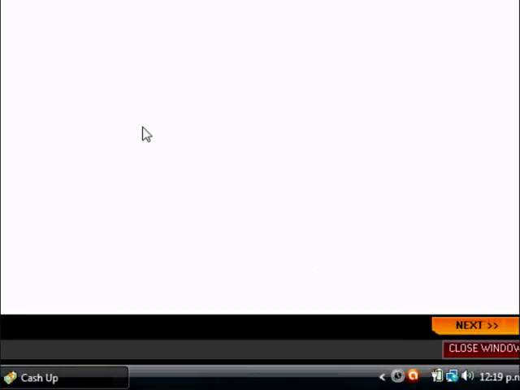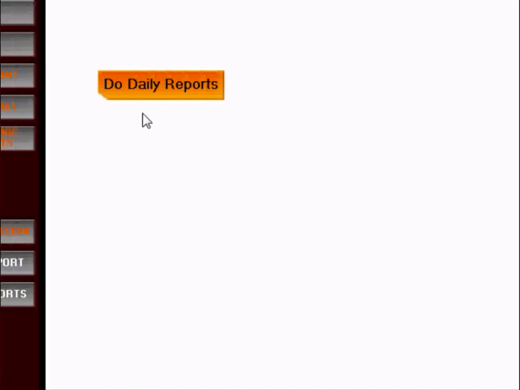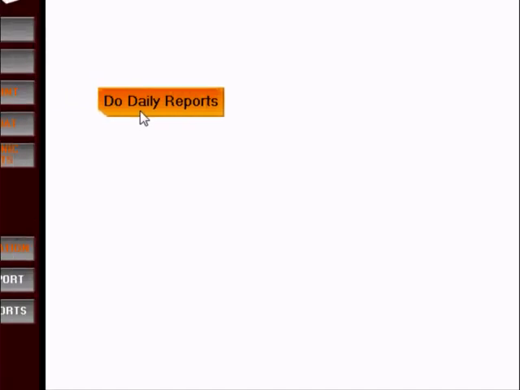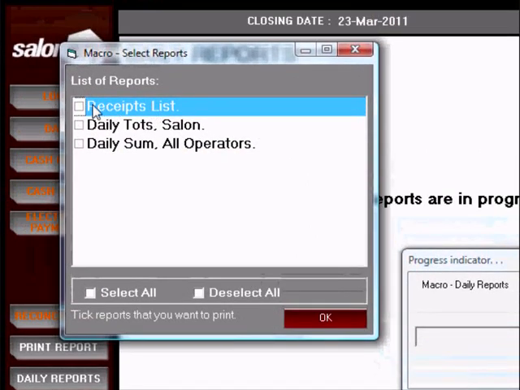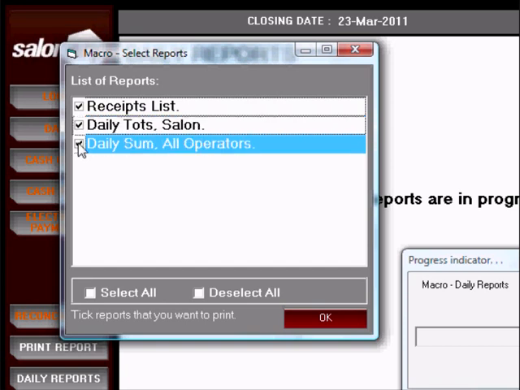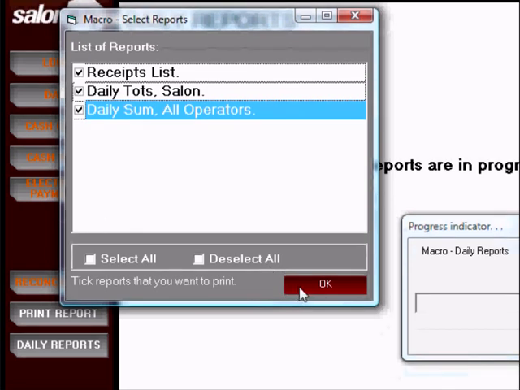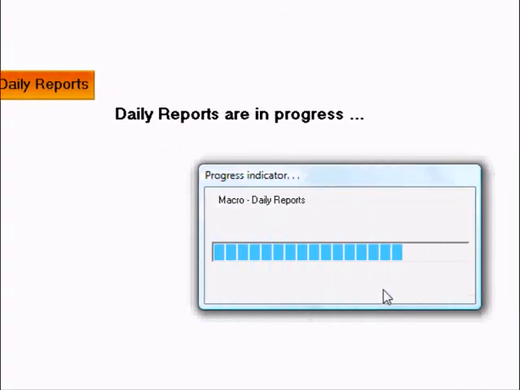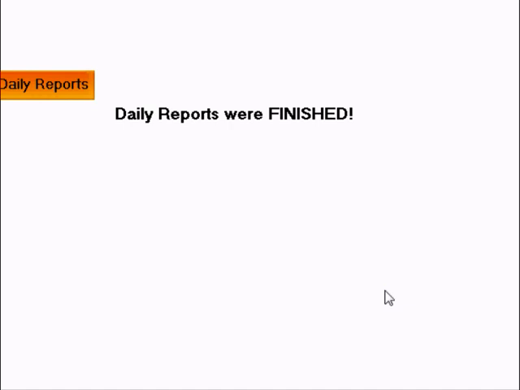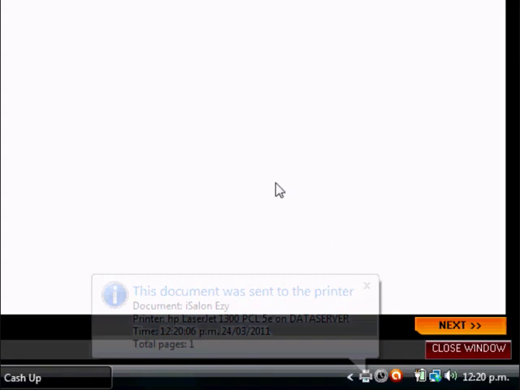Now you proceed over to the next step, and the next step takes you through to a process where you can now, once you've done the Cash Up, do daily reports. So you can select out of all these, I want to do the receipt list, daily totals for the salon, and all the operators. There's a quick function of selecting all if you want to, or specific ones. You click OK, and this will now automatically load the printer with those reports instead of you going down to each individual report to finish it off. Once that is sent to the report printer, it will print out. Click next,